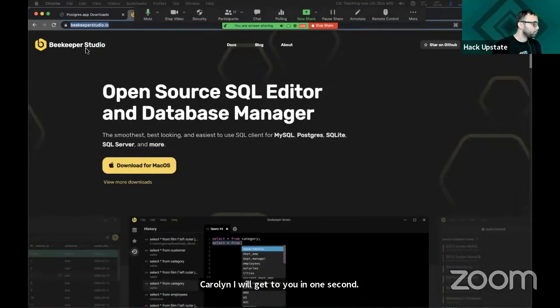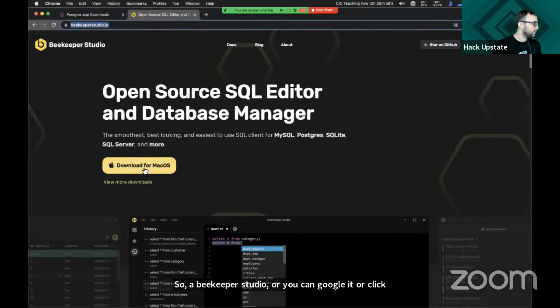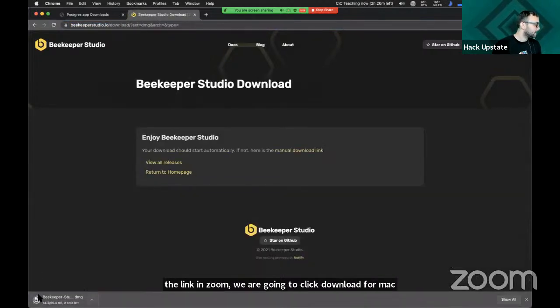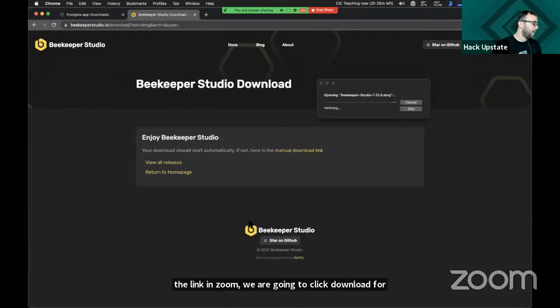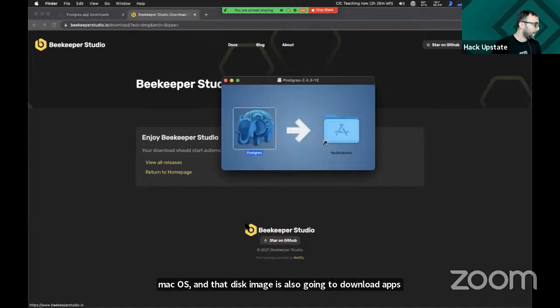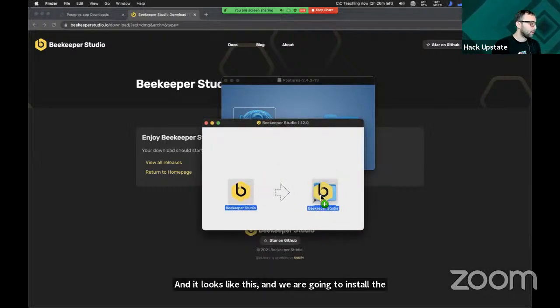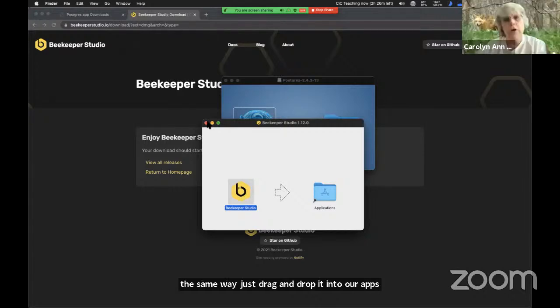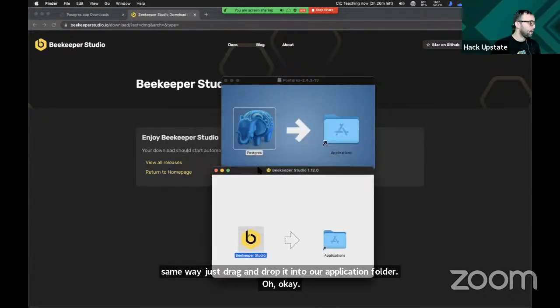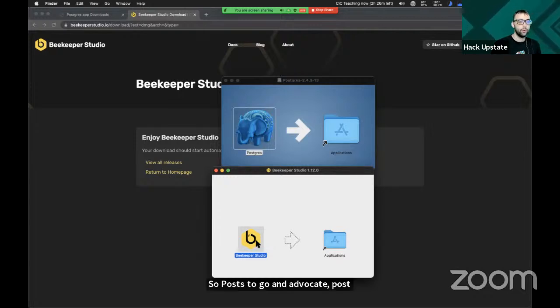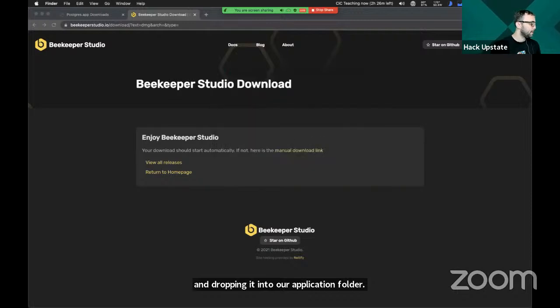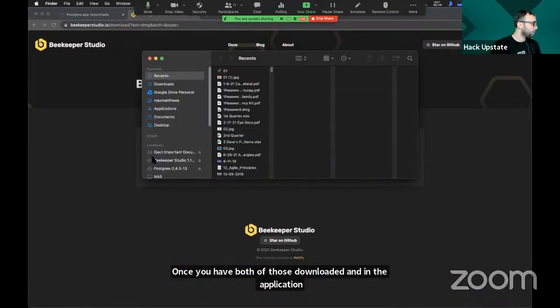Beekeeper Studio, you can Google it or click the link in Zoom. We are going to click download for Mac OS. And that disk image is also going to download and look something like this. And it looks like this. And we are going to install it the same way. Just drag and drop it into our applications folder. So Postgres and Beekeeper Studio are both installed the same way by just dragging and dropping into our applications folder. Once you have both of those downloaded and in the applications folder, you're going to go back